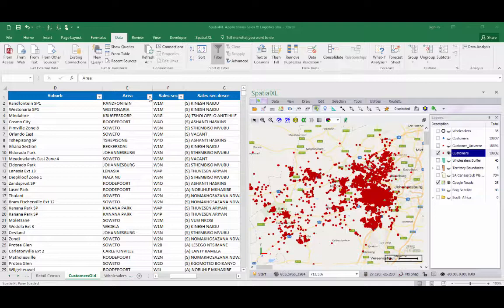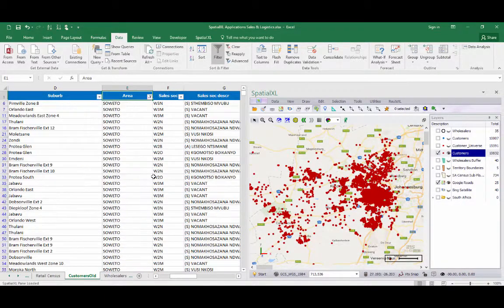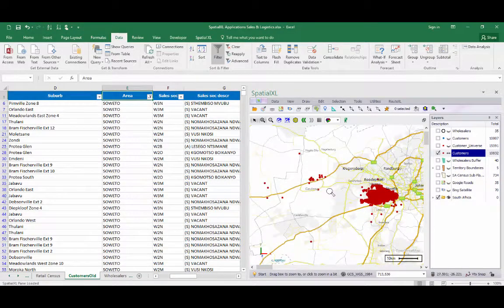We can also make use of Excel filters to further interrogate our data. For example, we could filter here on the area column and filter out all those customers in the area of Soweto. By displaying this on our map, we can again see there are customers that fall outside of this area. To get any information on any of these customers, we can zoom down to Street View,